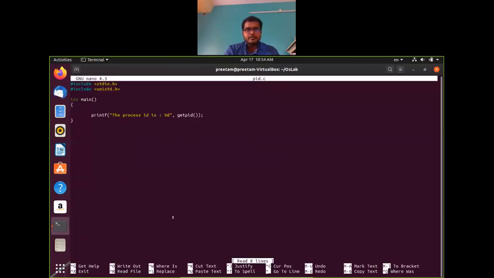The getpid command gives us the process id of this process. Similarly we have a function like getppid. ppid stands for parent process id. So we can use this getppid to find out the parent process id. Let us see what will be the parent process id of this process.